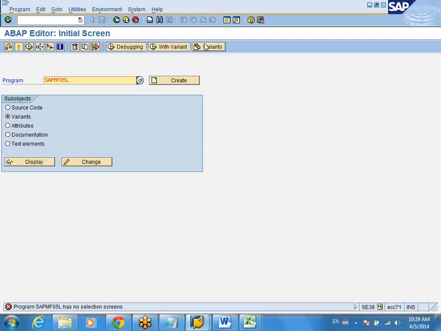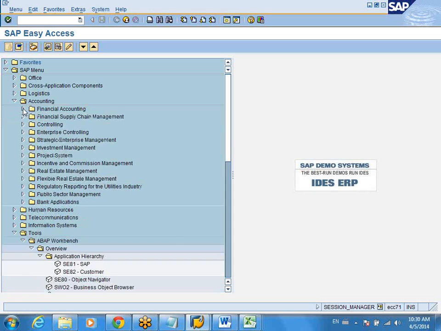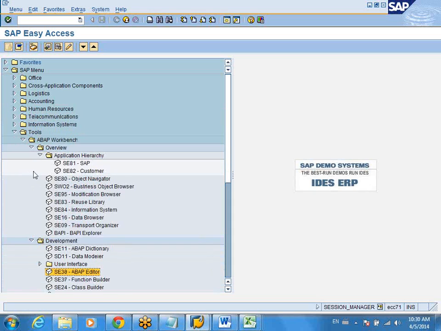Okay, that particular program has not been defined for selection screen. That's why it's not letting us do it. But a variant is always used to open any particular program with some predefined data or conditions. Okay. So we looked at SAP tables,